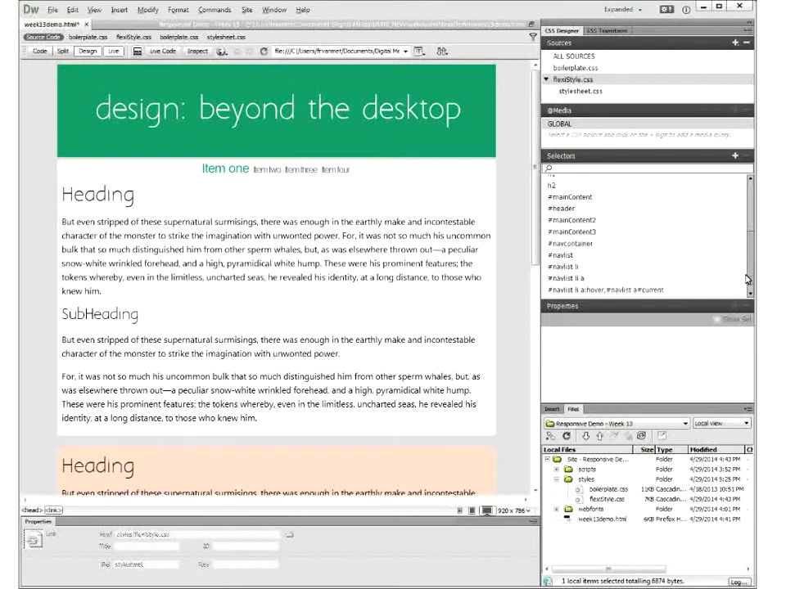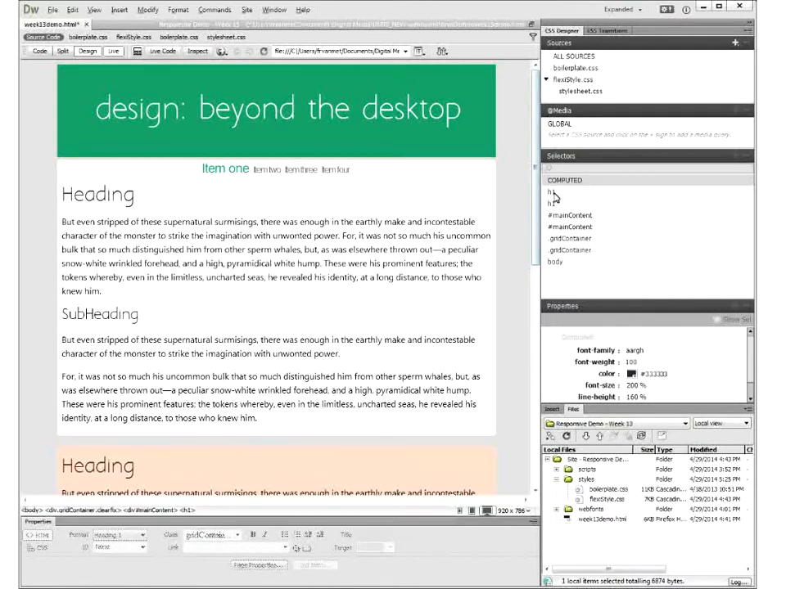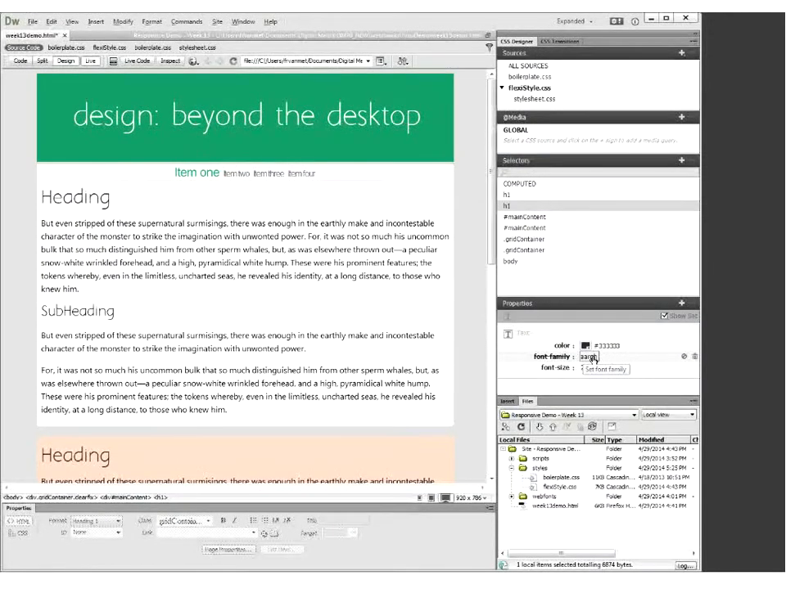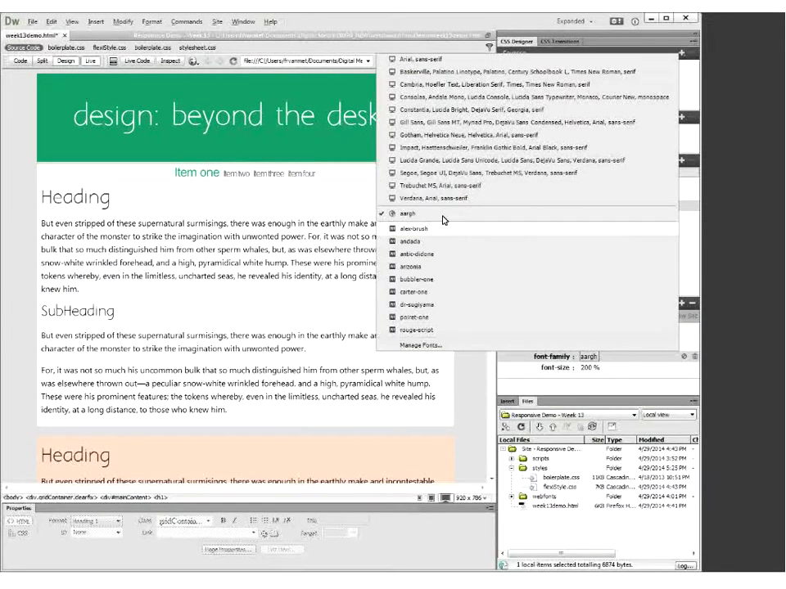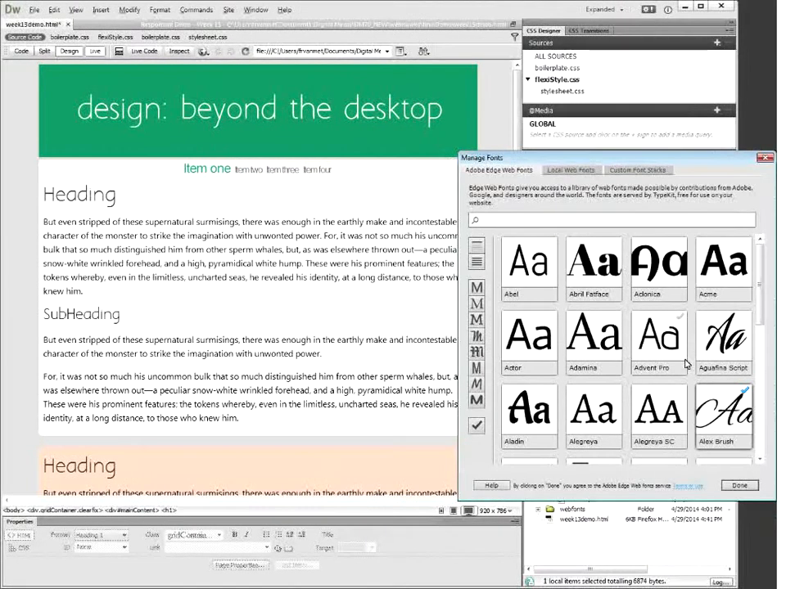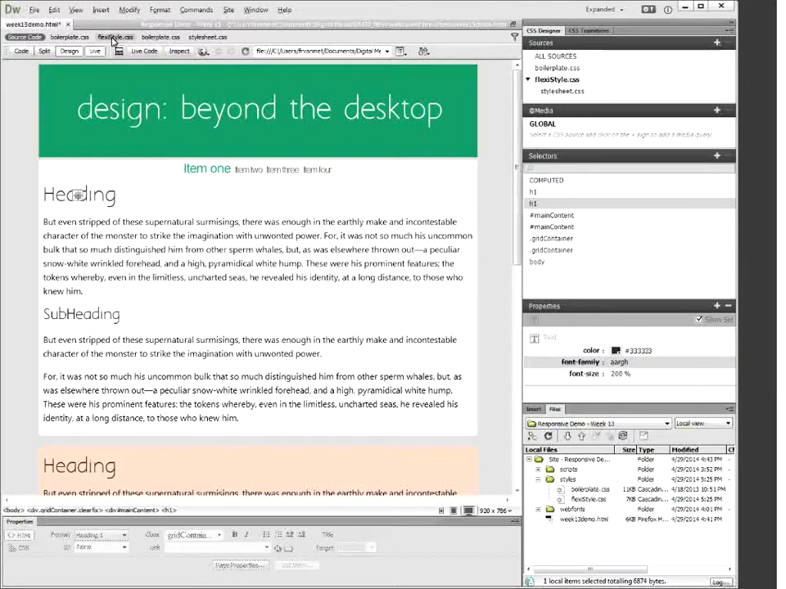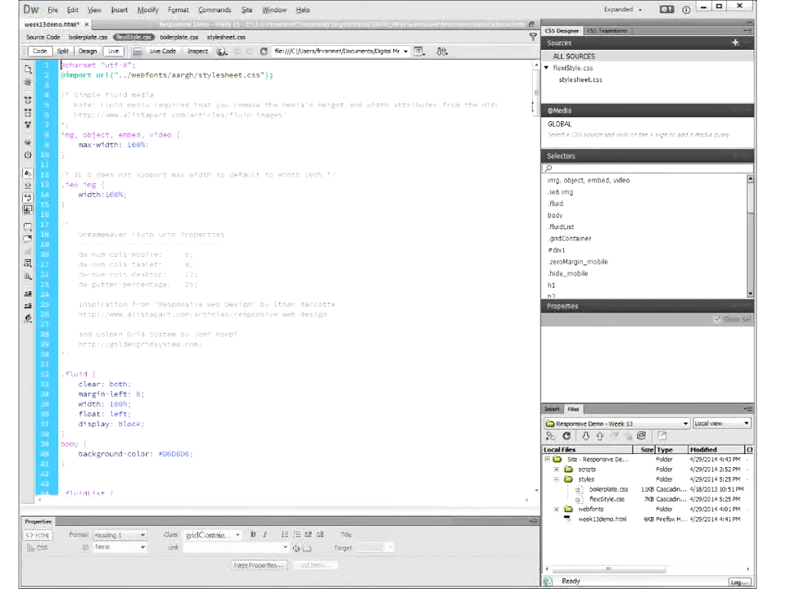And I think what makes this page are these headers. And these headers contain an Adobe font family. And I simply went to Manage Fonts and selected a font from here. And by doing so, in my style sheet,